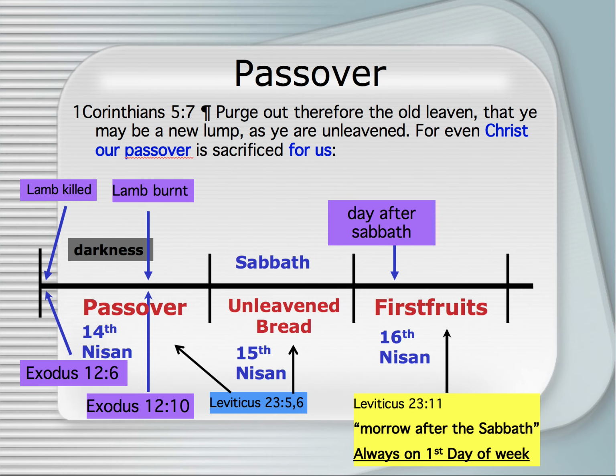You see, every day in the temple there was a morning sacrifice and an evening sacrifice. On the day of the Passover, not only was there the morning sacrifice and the evening sacrifice, there was also a Passover sacrifice. So you had the morning sacrifice at the 3rd hour, the evening sacrifice at the 9th hour, and the Passover sacrifice at the 6th hour. In our terms, that's 9, 12, and 3.